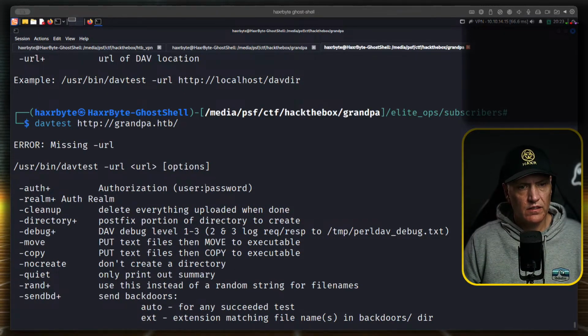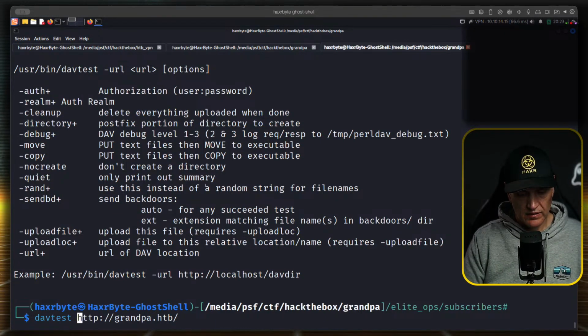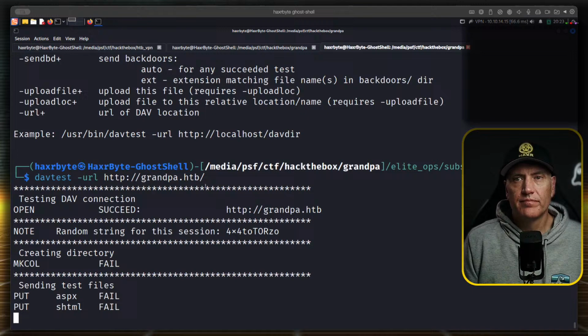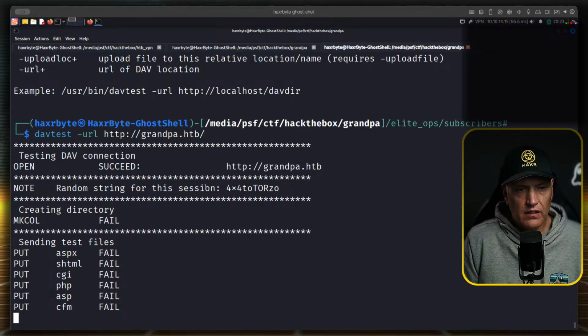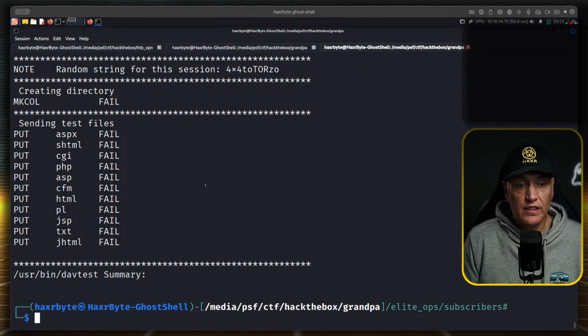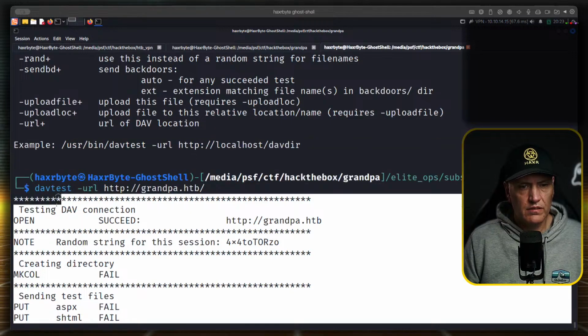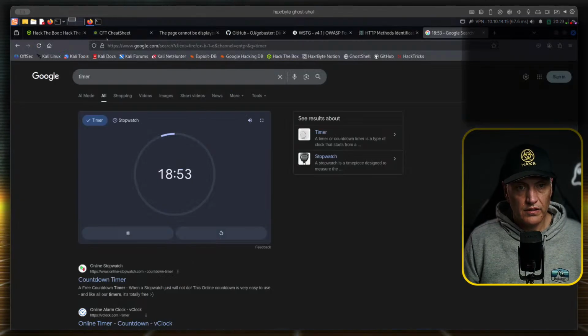Missing URL. Oh, the flag, minus URL. There we go. So the Dav connection is open. It is open. Skip this for notes.